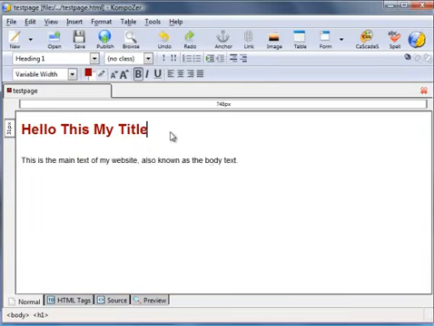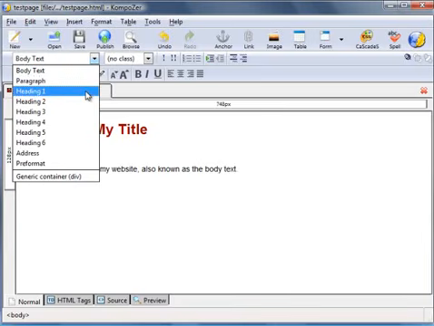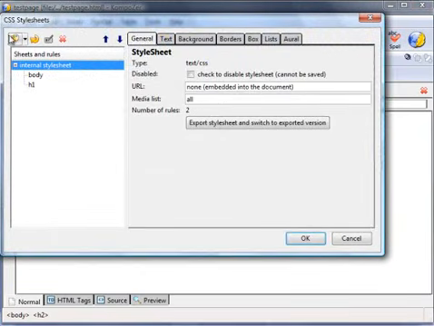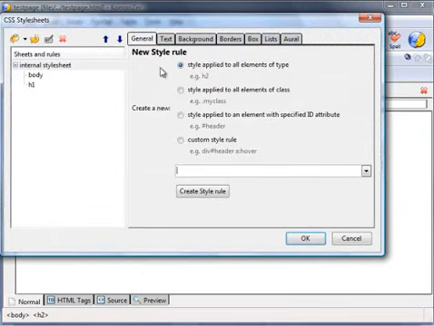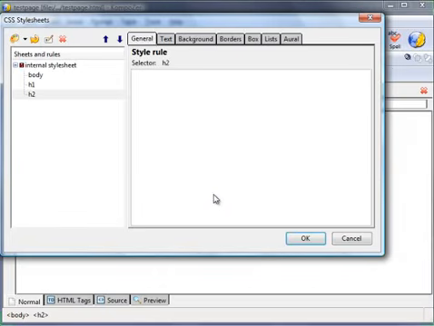Okay, let's add one more piece of formatting. Let's suppose we wanted this as a subtitle. Okay, and we can change that to, rather than heading 1, we can have heading 2. And using the CSS, we can change the formatting of that heading 2. So click on the CSS icon, on the palette icon, new style rule for the H2, create style rule,